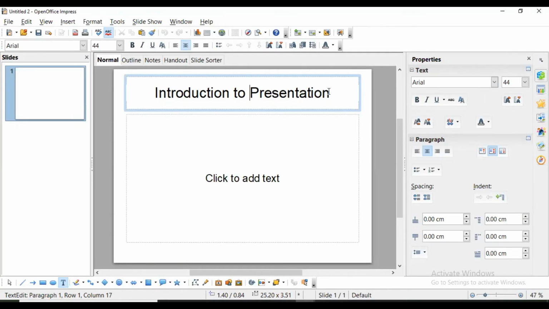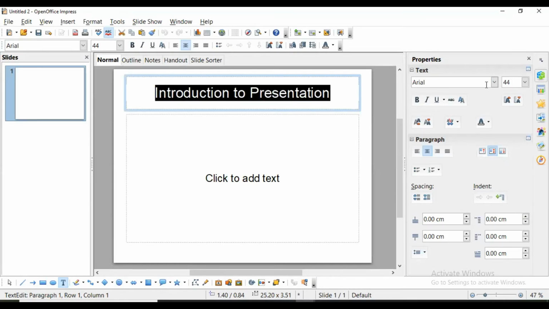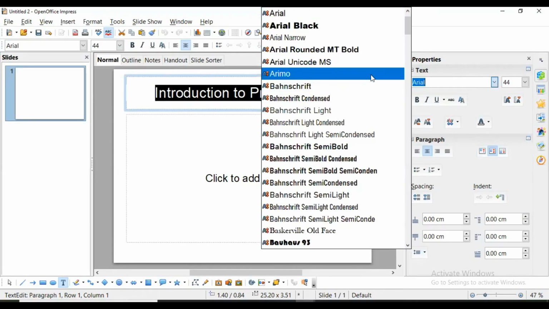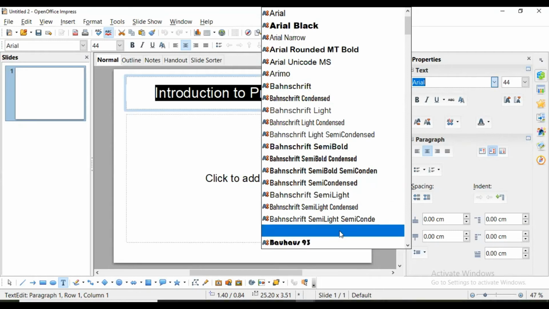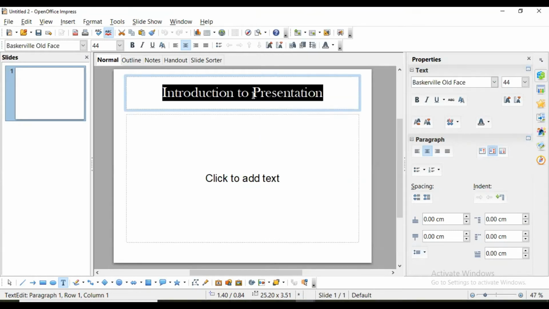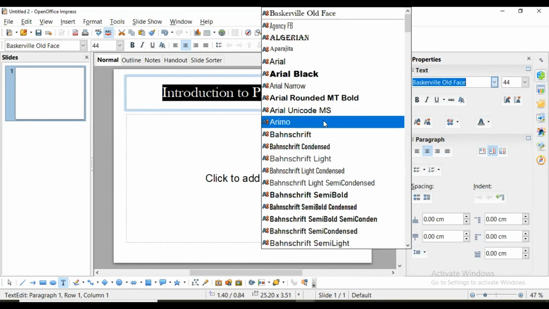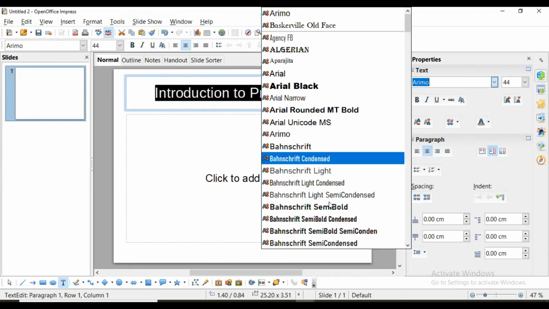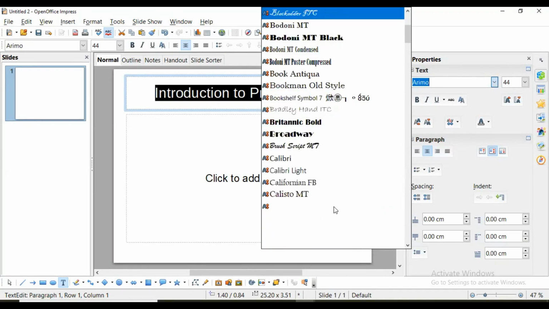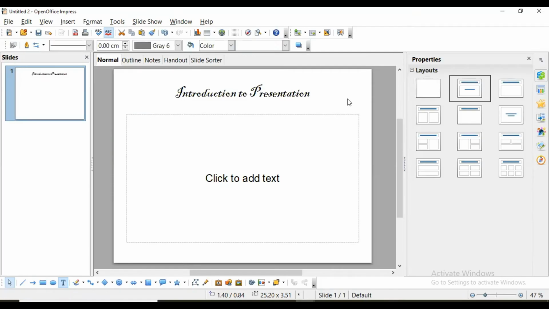Here text, after selecting the text you can change it to different fonts like this. This is Bhaskar Vile old face. This is Arimo. Okay, like this. Okay, whatever you want from here, you can select this.